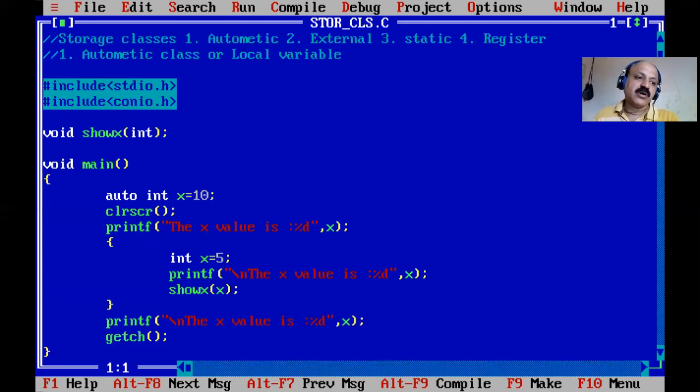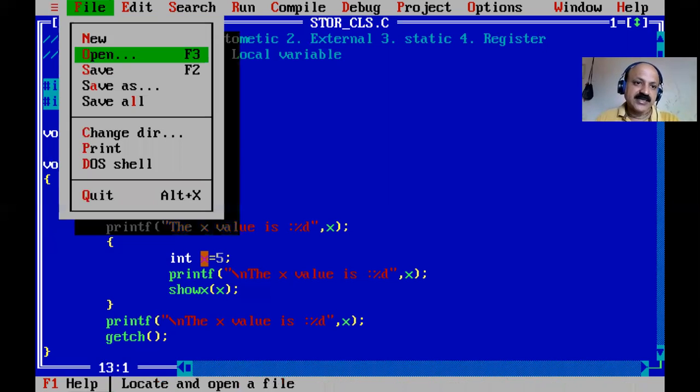So yes, first our goal, we can say local, or we can say automatic. So the keyword is auto. Yes, here is the auto keyword, and then that declaration is within any user defined function. Here our main is also a user defined function, and the scope is within that function. Here our scope is within this block, and the life cycle is within that function, here to here. The default value is garbage, and the memory is our storage. So that is all about local.